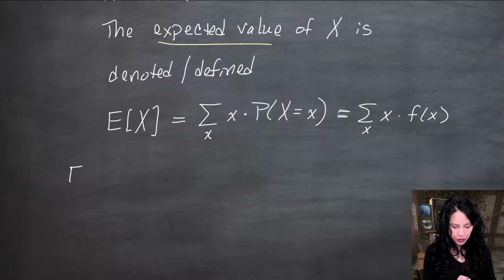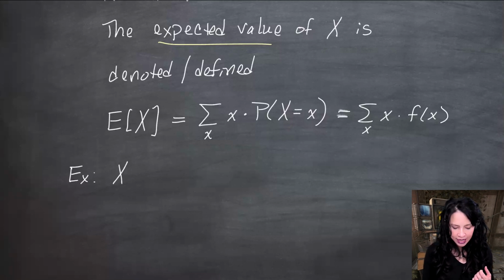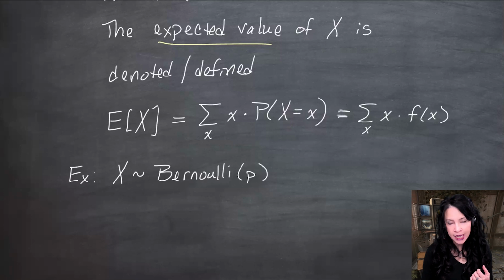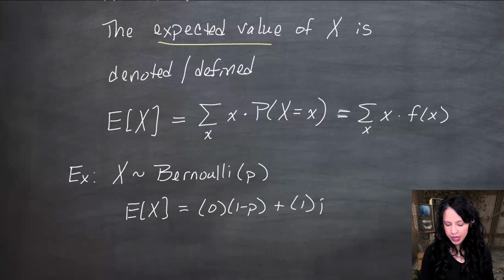Let's just do one more discrete example while we're here. The only named distribution that we know already is, suppose that X is Bernoulli, so it has the Bernoulli distribution with some parameter p. Now we know that means that it takes on two values, 0 and 1. It takes on the value 1 with probability p and 0 with probability 1 minus p. The expected value of X is going to be the value 0 times 1 minus p plus the value 1 times p, and that is p.